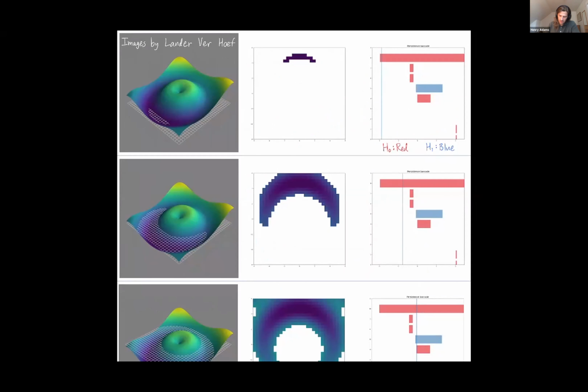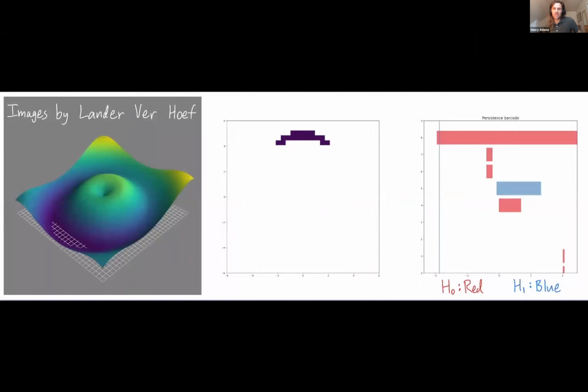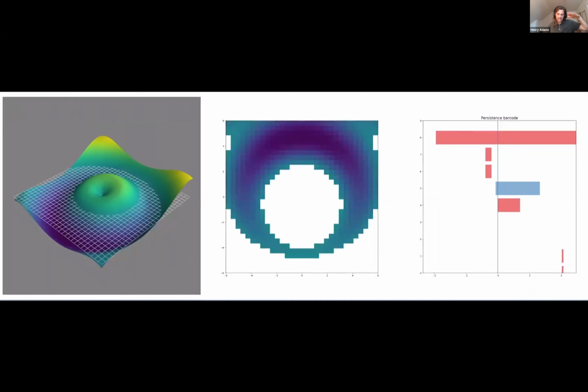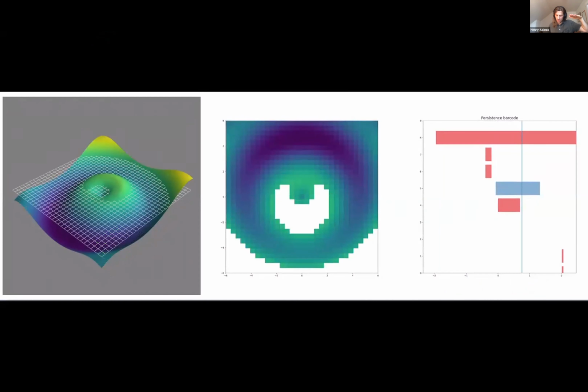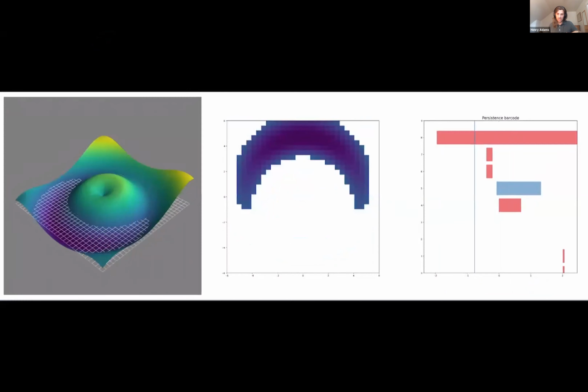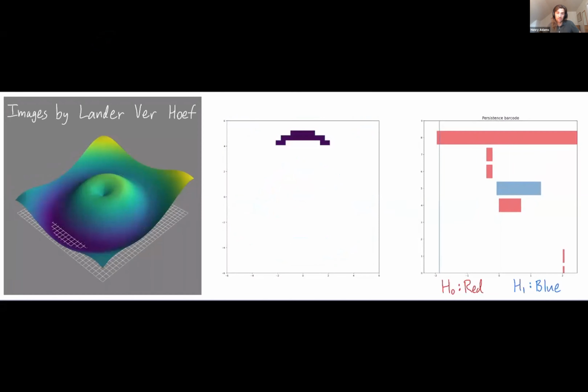You can compute persistent homology whenever you have an increasing sequence of spaces. Another common way to obtain an increasing sequence of spaces is when you have a function on a space. So I've drawn this surface on the left, which is a real valued function on the square. And these images are made by my graduate student, Lander. What we'll do is produce an increasing sequence of spaces in the middle by raising this function value, this sheet on the left, and including all of the sublevel sets. So all of the regions of the domain that are beneath that function value.